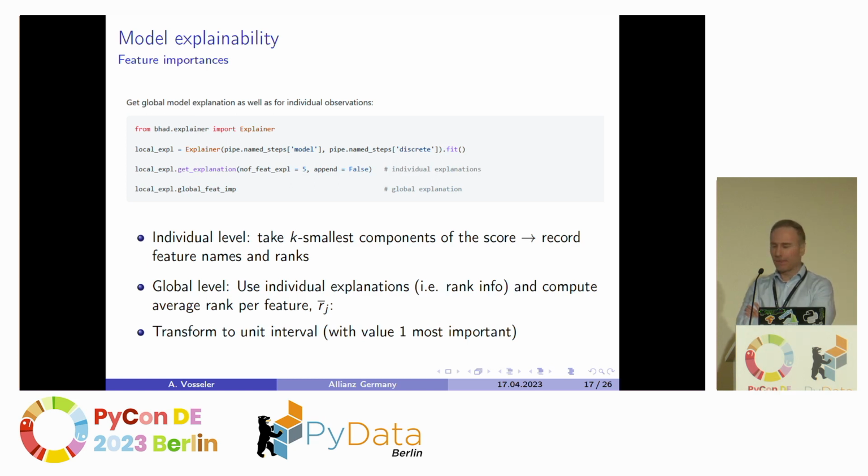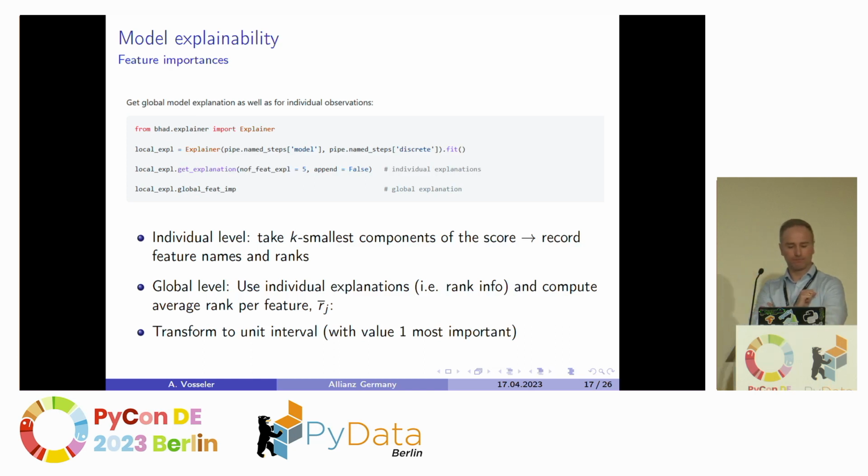On an individual level, so really on an observational level, you simply build the rank series of the different log posterior predictive values, record the feature names and the corresponding ranks, and take this as an explanation.